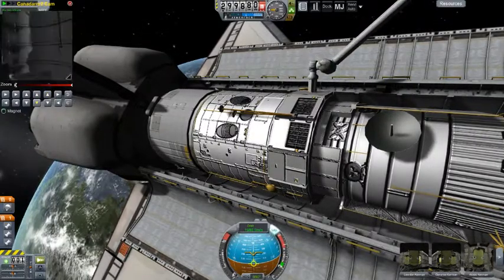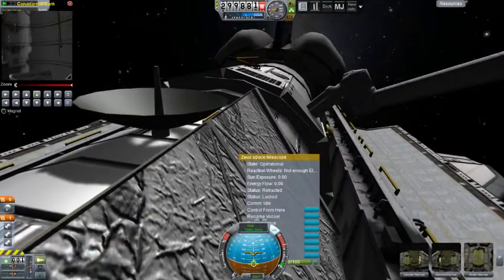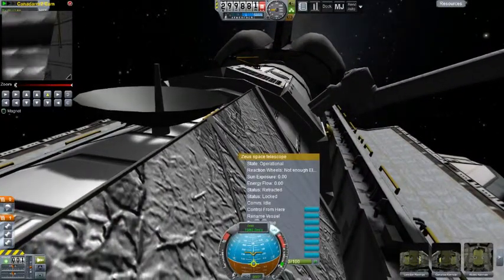Atlantis, Houston, nominal MECO, ohms 1 is not required. Houston, we copy, nominal MECO, ohms 1 not